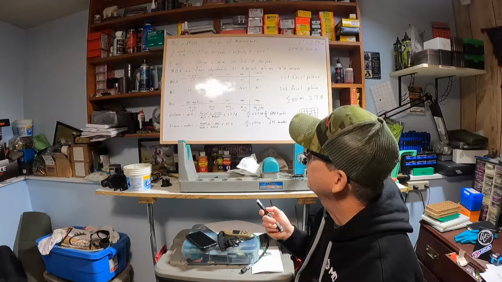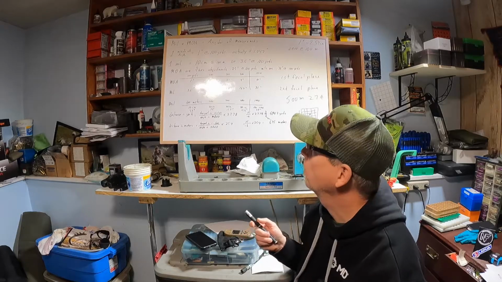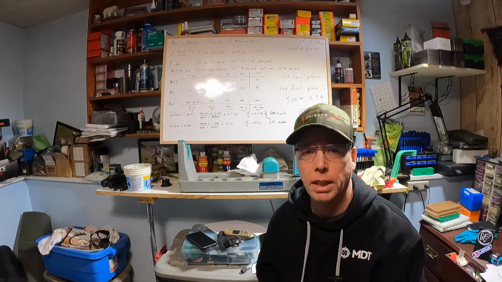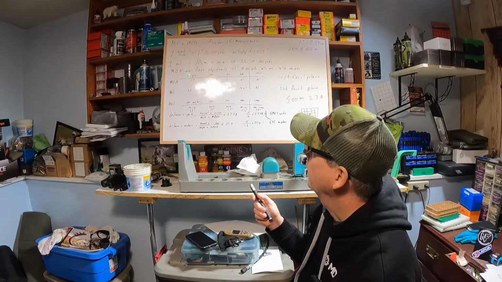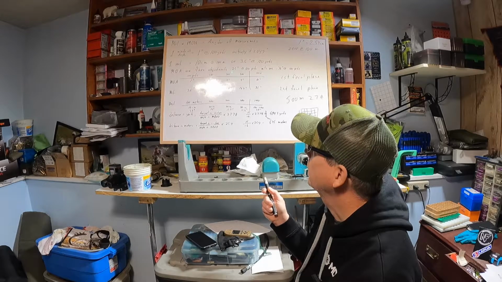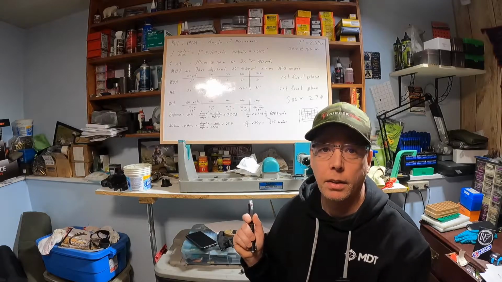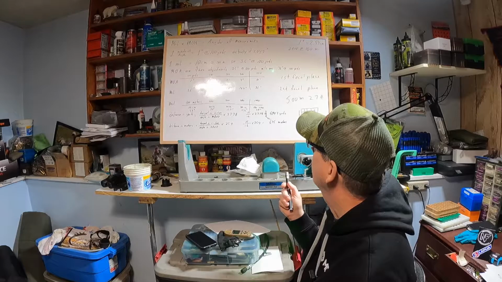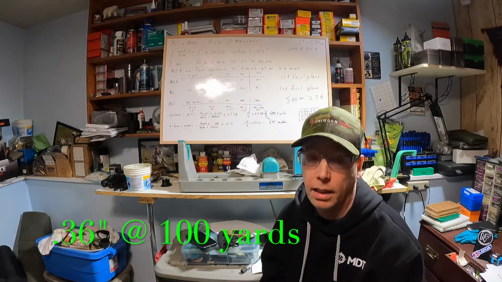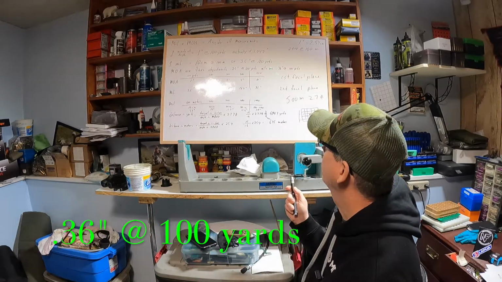I always use milliradians now. I got one more scope that is in MOA, and I'm going to change that over soon. So MOA are a finer adjustment. Each click is 0.25 of an inch at 100 yards. And mils are 3.6 inches at 100 yards. So you got that little bit of a difference there